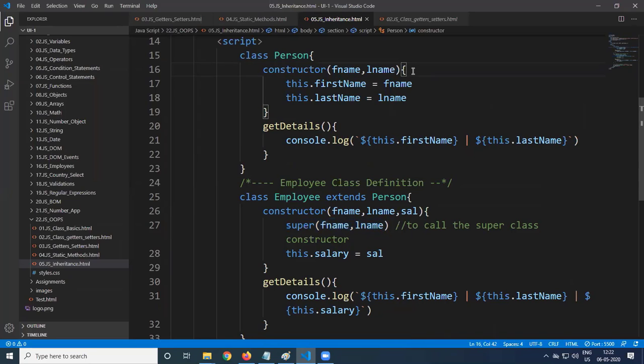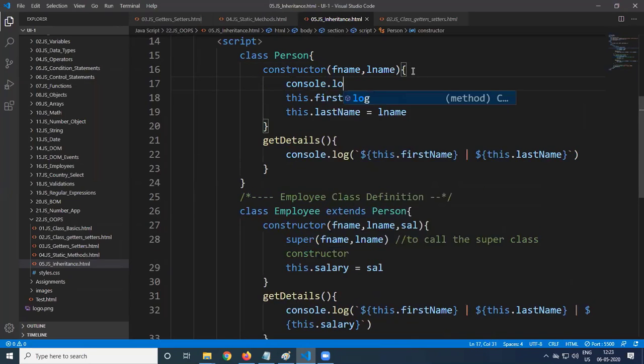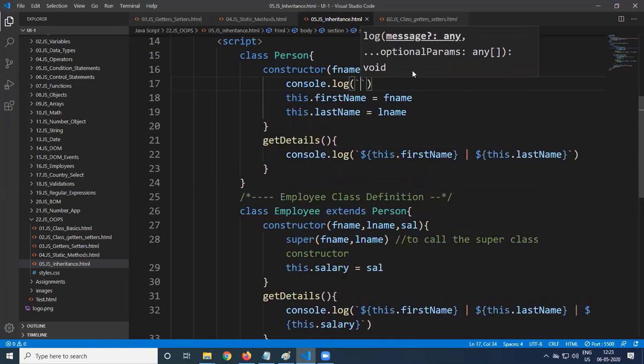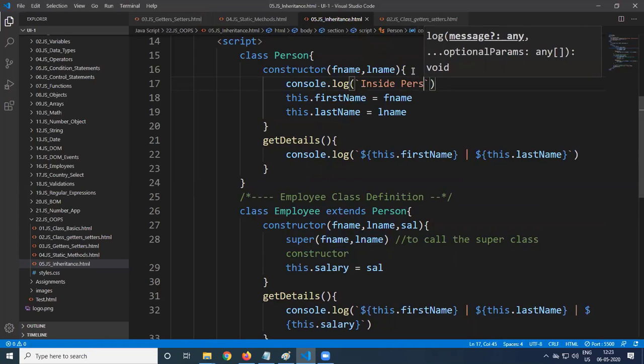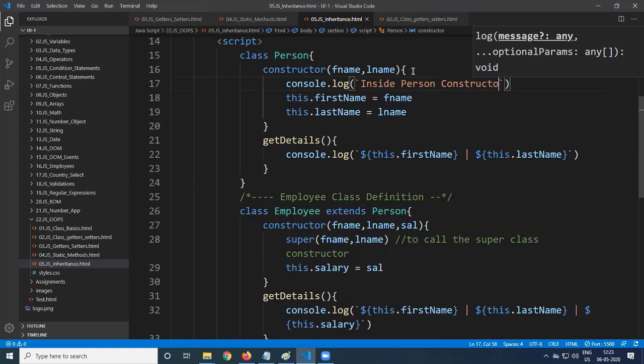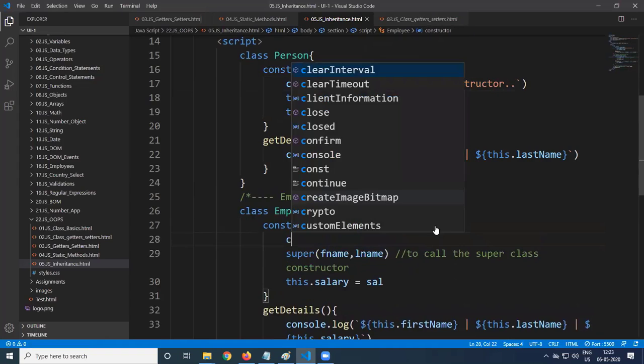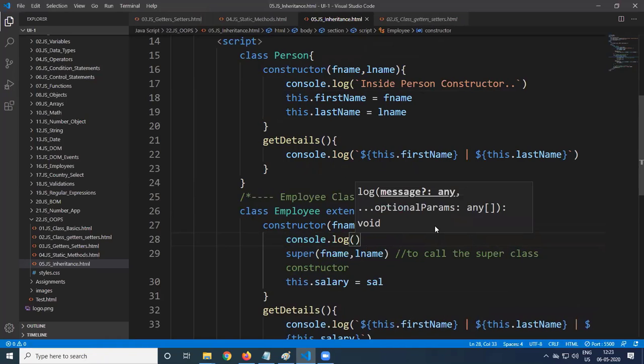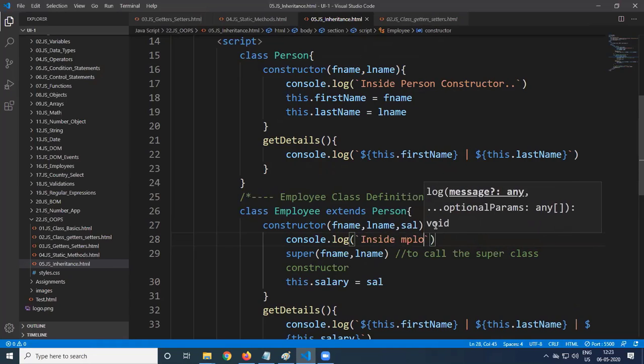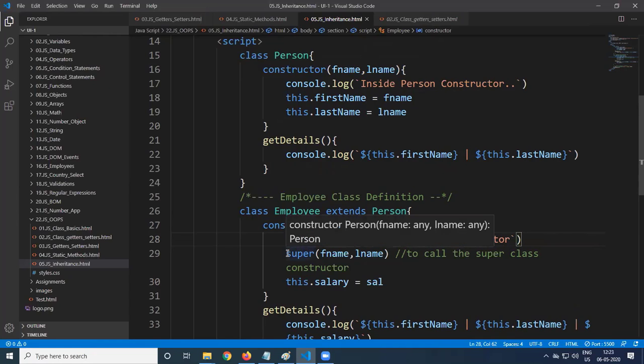So for our understanding, what I do is console.log, backtick, inside superclass constructor, inside Person constructor, and in this one console.log inside Employee constructor.